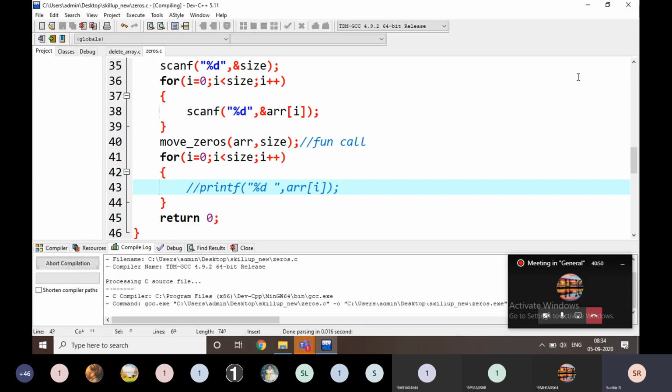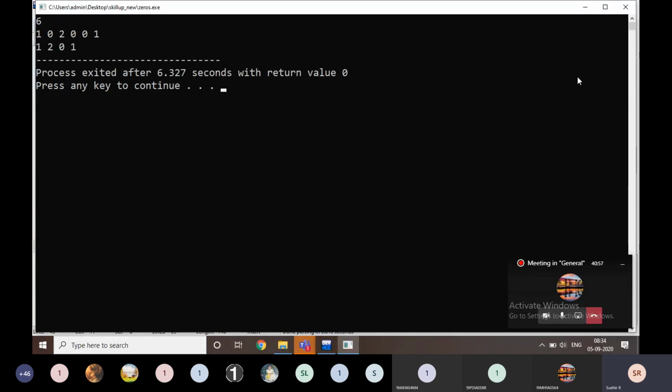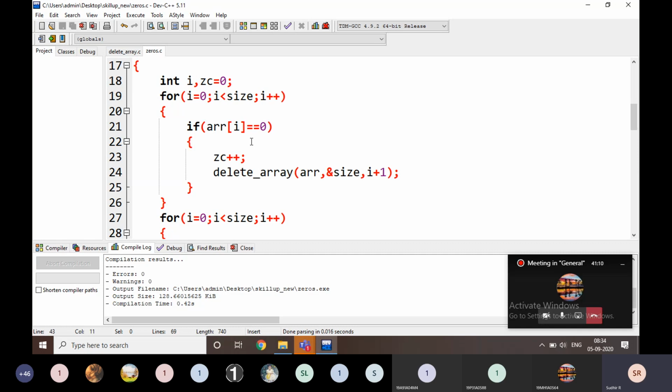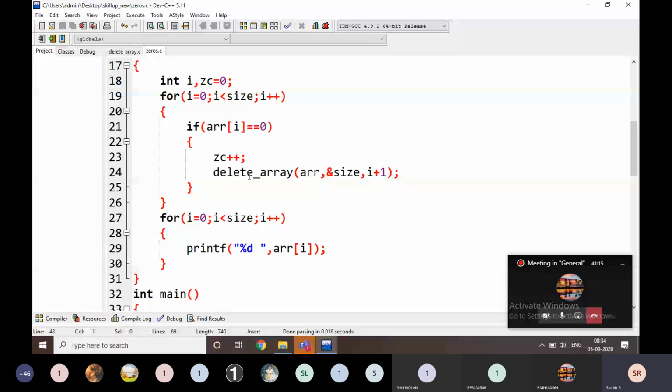Here it is going to be 6, 1 space 0 space 2 0 0 1, for example. Okay, what is it? It is some error here. Explain what that error is.